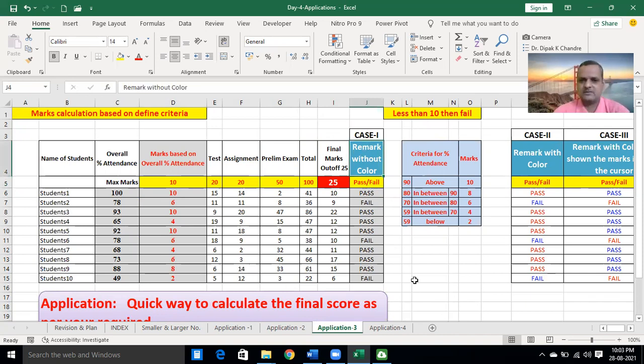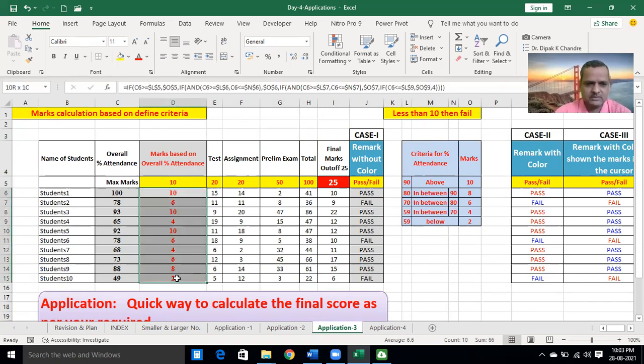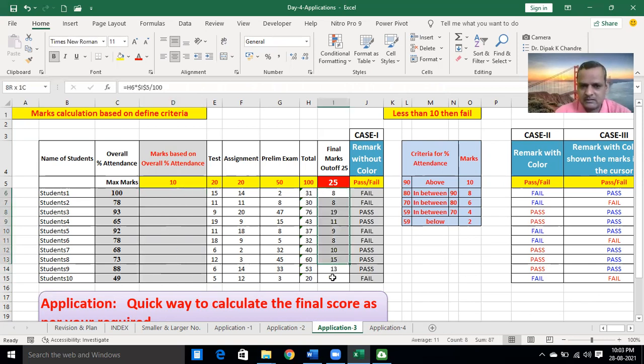How is it possible? I will remove this. I think in your file this D column is mentioned in the formula. No, sir, it's absent. Okay, I will remove this one. And at the same time, I will remove these two formulas again. Okay, no need. And remove this one.